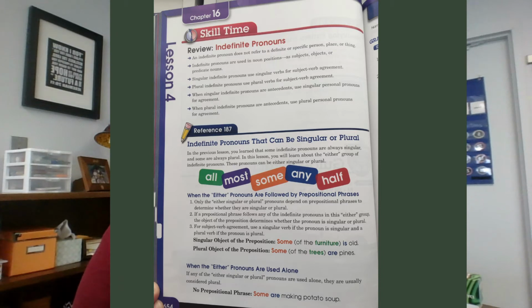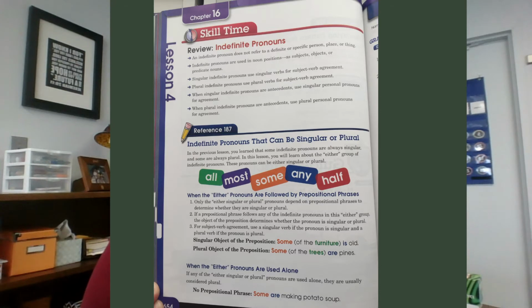Now, they're called indefinite because they don't give us a specific number. The closest thing we have is half, which tells us that obviously there are 2 parts, but that's still considered an indefinite pronoun. Now, when the either pronouns are followed by prepositional phrases, number 1, only the either singular or